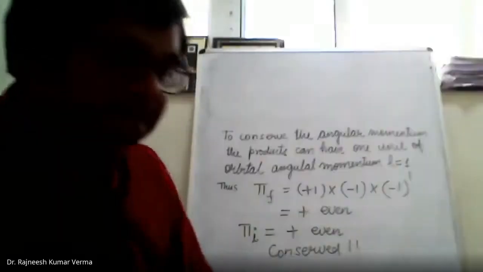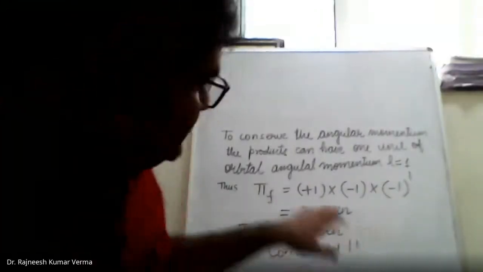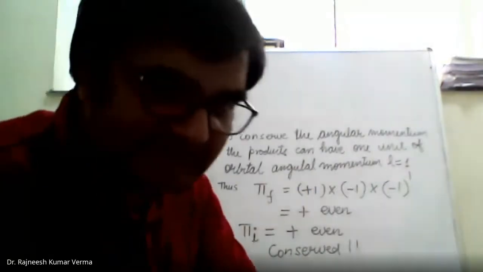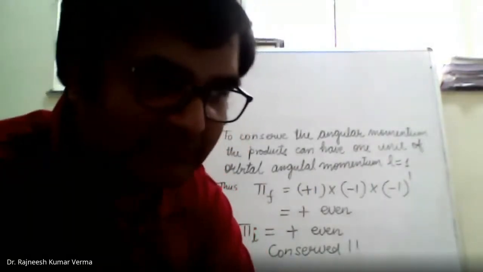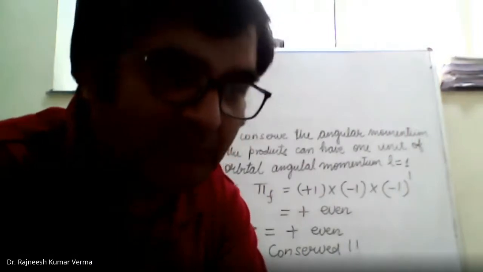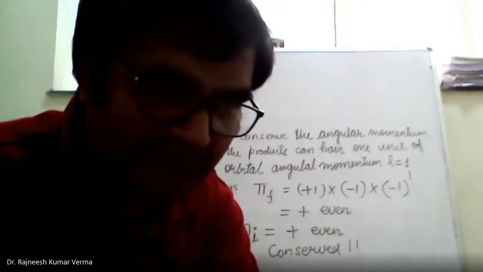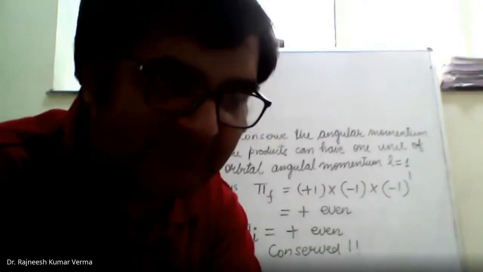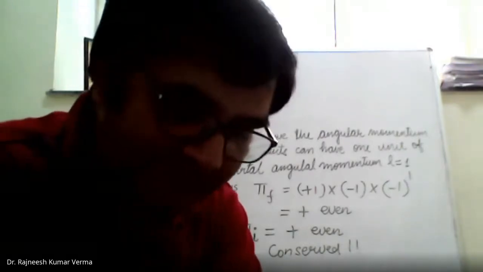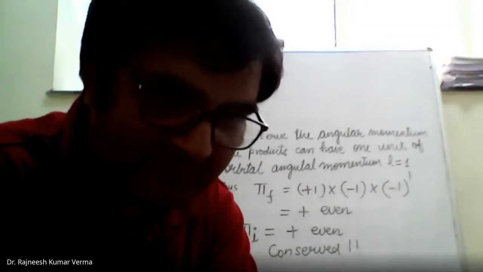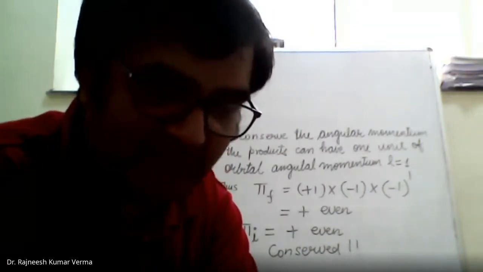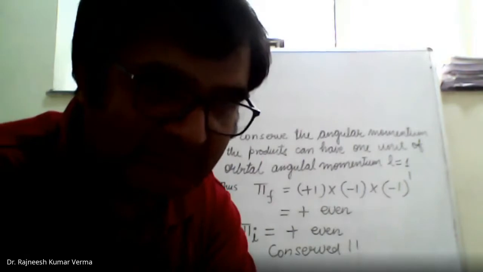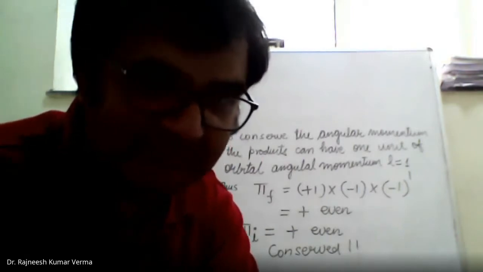Sir, can you repeat that point about weak interactions related with parity? Okay. See, in this particular case, which we have just discussed, it is coming out that parity is conserved, though from the rest of the conservation laws, we confirm that it is a weak interaction. We say that parity conservation can be violated in case of weak interaction. Here it is saying that parity is conserved.